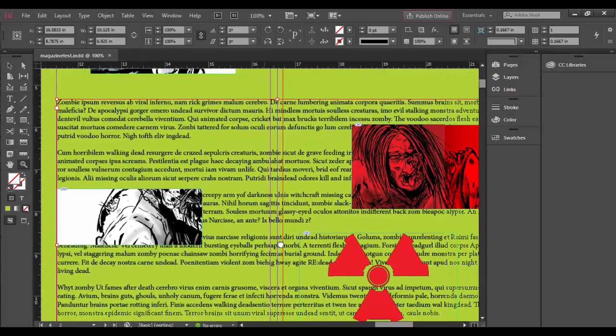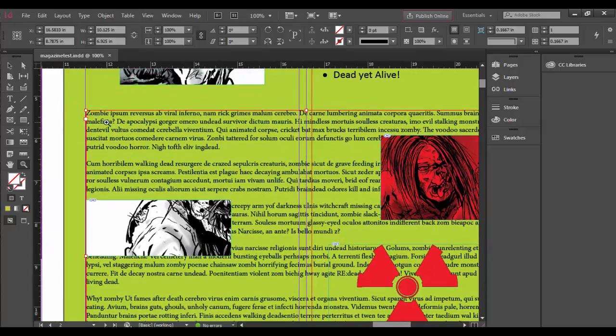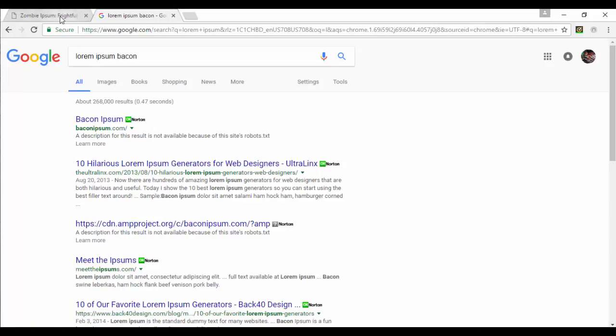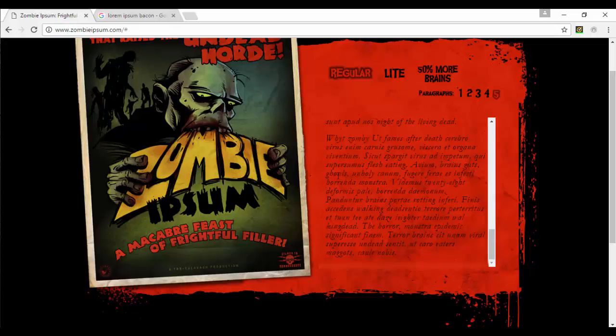So I've zoomed in here quite a bit and I wanted to show you that this is lorem ipsum zombie text. Lorem ipsum text is basically just filler nonsense text, and you can find online different kinds of lorem ipsum generators. They'll spit out basically paragraphs of text. This one is particularly a zombie one. So it comes from this one here called